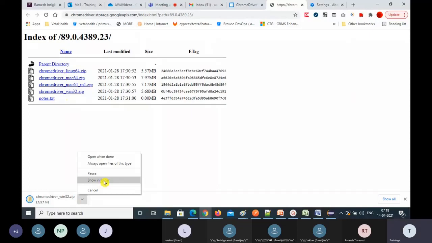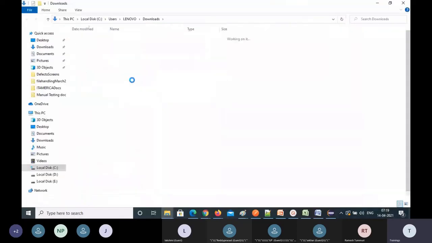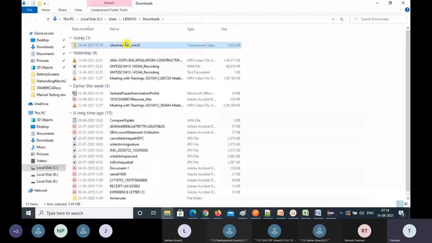Just find out your Chrome version. If you are not able to find the Chrome version, this is a problem. Done. So this is the chromedriver zip file, and you have to unzip it.